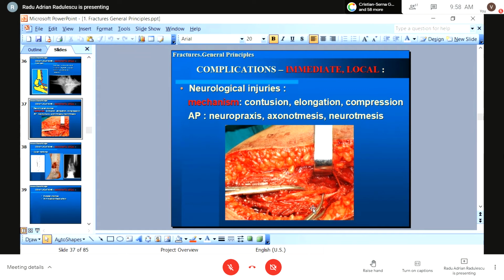Well, the nerve complications depend on the anatomical status of the nerve. Fortunately, most of the nerve complications are functional, meaning that the transmission of the influx at the level of the nerve is compromised temporarily. So these complications are reversible and are due only to the